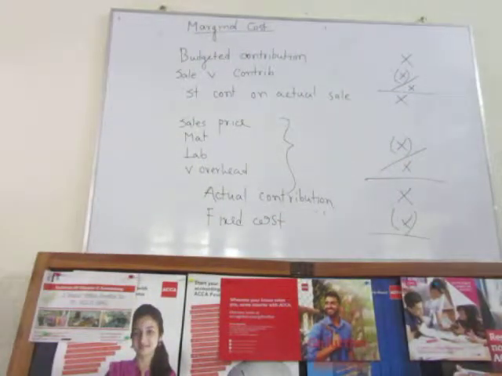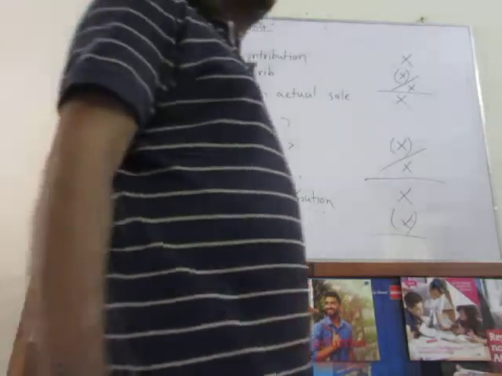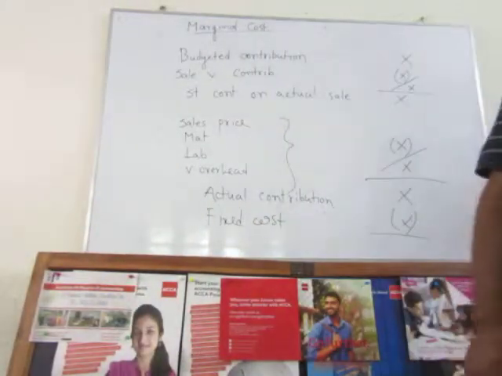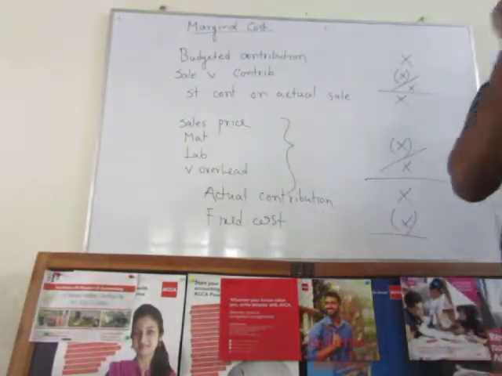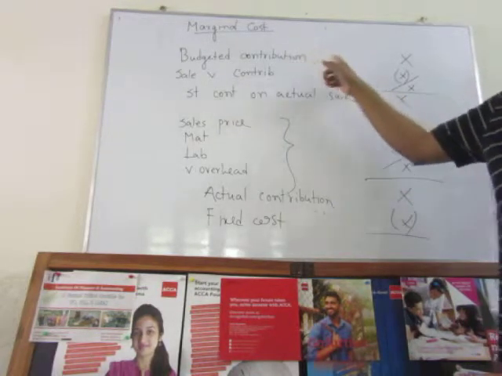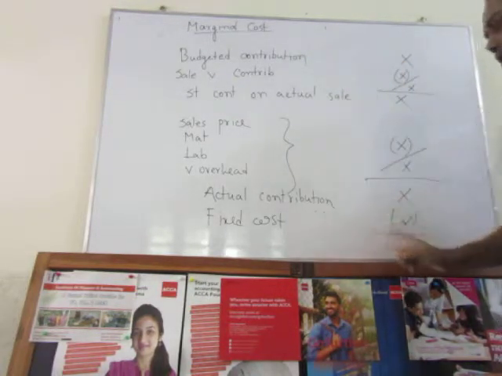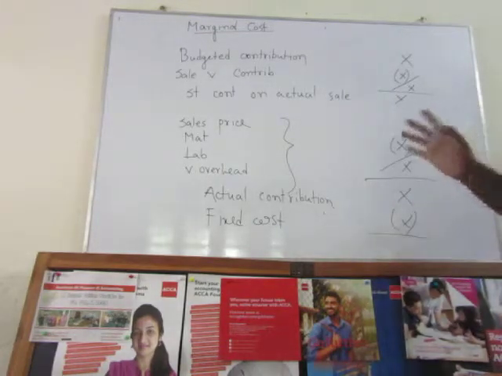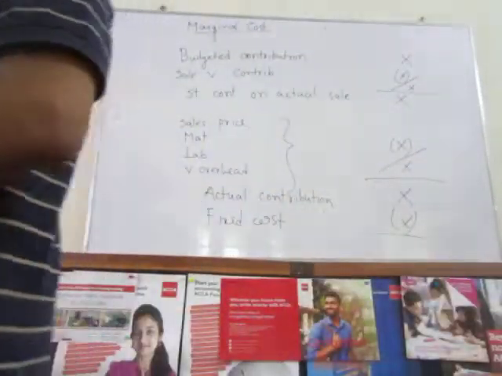So this is the process or method, either using marginal costing or absorption costing. In the case of absorption costing, you can use the budgeted profit to find out the actual profit, and in the case of marginal costing, you can use the budget contribution to find out the actual profit. বোঝা গেছে? This is the sequence, you have to memorize this. Okay,